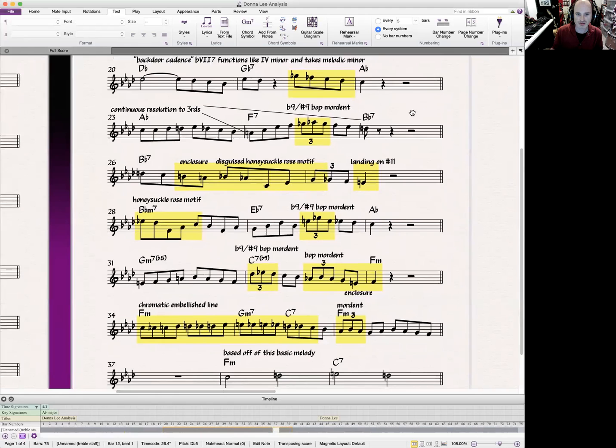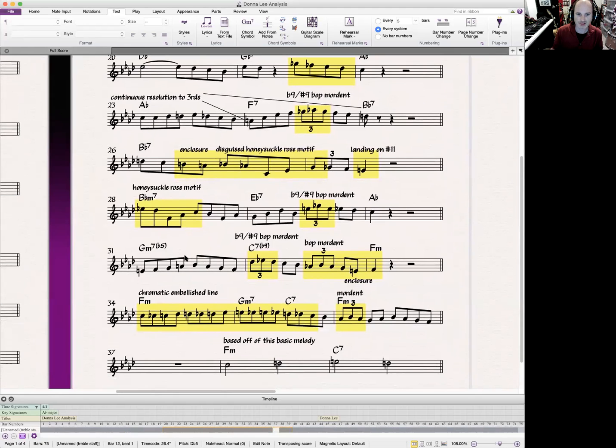All right, now we're getting towards the end of the line. We're shifting to relative minor, F minor land, which has the scale line, like a 2-5-1 heading into F minor. Here's another